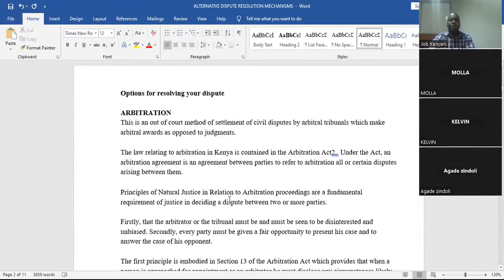So we can start with arbitration. As I've told you, arbitration, sometimes we call it appearing before what we call an arbitral tribunal. These tribunals can be set up by a specific act of parliament or a statute law. Or alternatively, sometimes you've heard the president has set up a tribunal to resolve a particular matter or carry out certain investigations. So sometimes they can be set up by an act of parliament, a statute law,